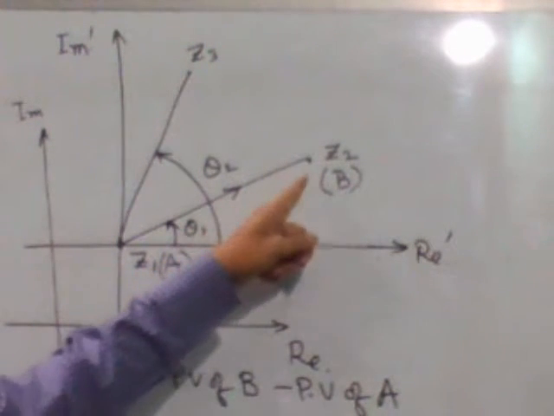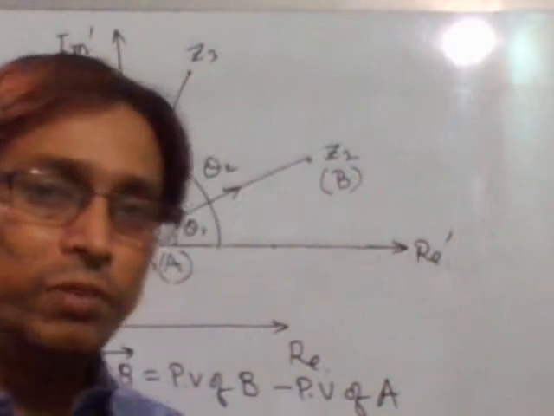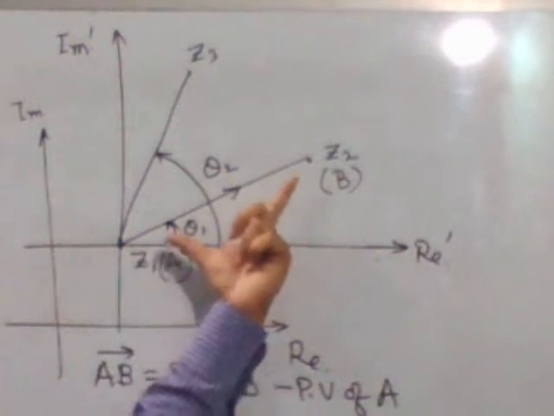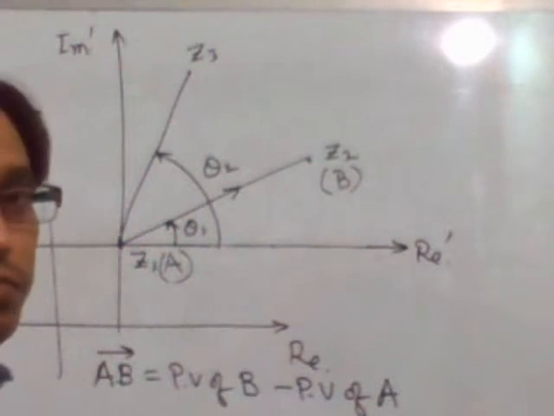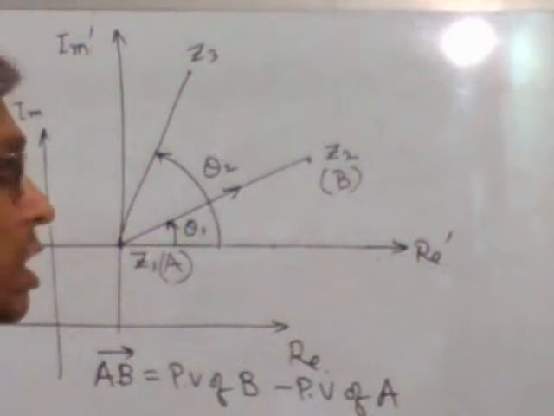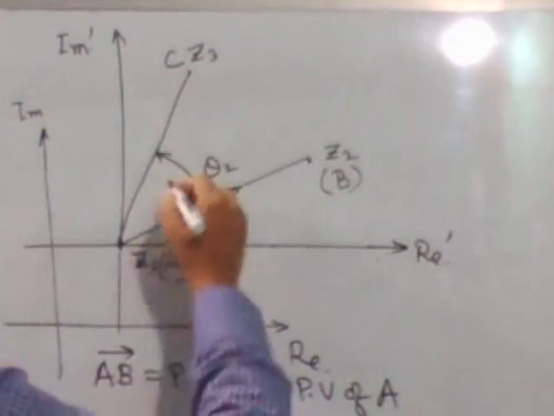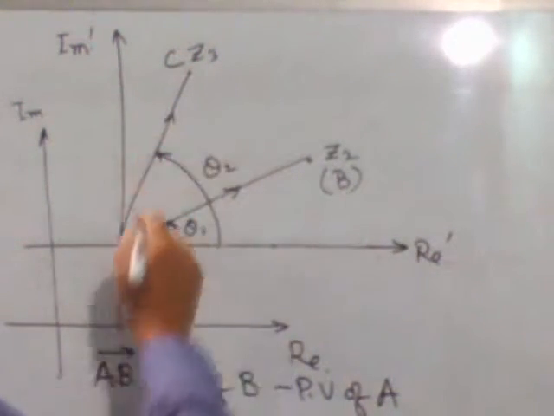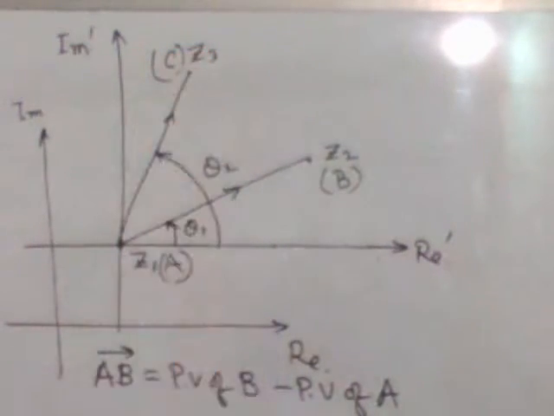So now we want to represent this vector Z1 Z2. In this case, this AB vector will be Z2 minus Z1. So this is the position vector of AB vector. This is actually the vector equation of AB, that will be Z2 minus Z1. So Z2 minus Z1 will give you AB, and suppose this point is C. Similarly, this AC vector, this is A, this is C, so this AC vector can be given as Z3 minus Z1.